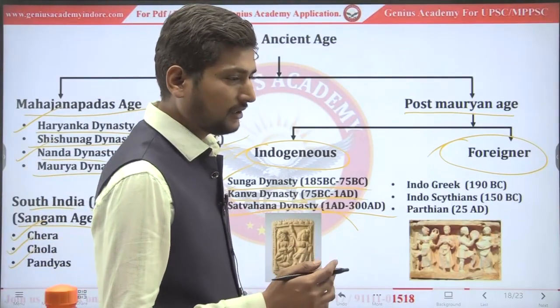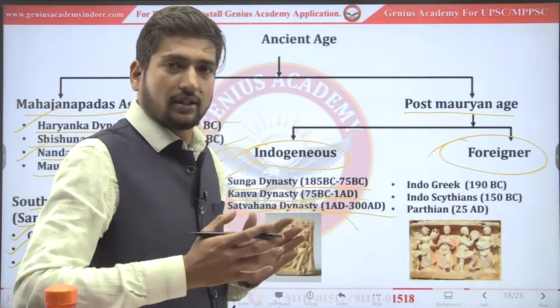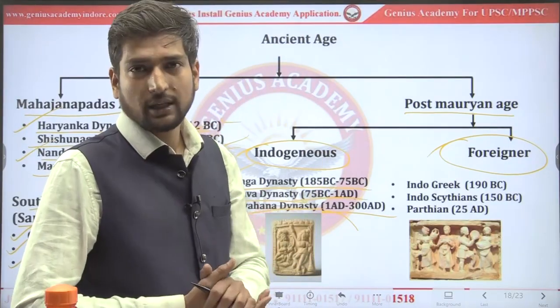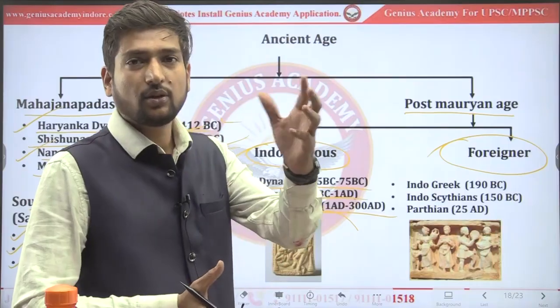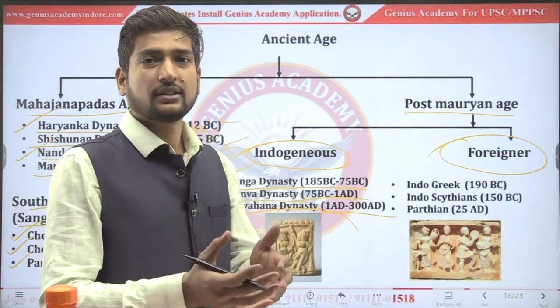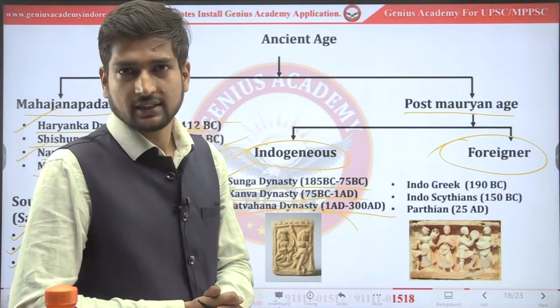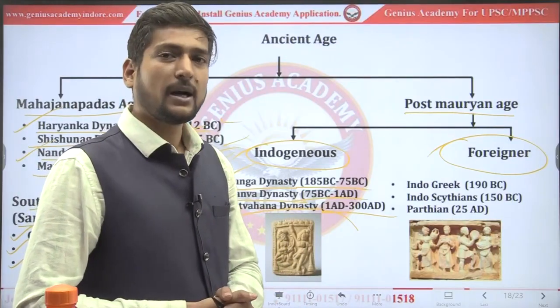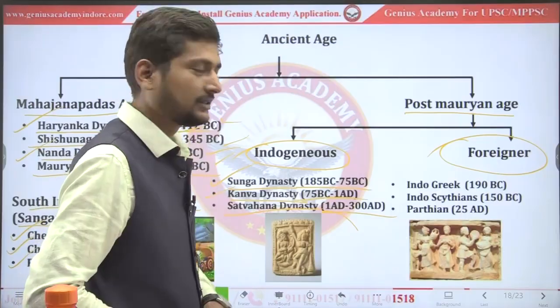The Satavahana dynasty was present during the Sunga period. When the Sungas ruled over Magadh, North and Central India, the Satavahanas were the South Indian dynasty, which ruled over part of Maharashtra.